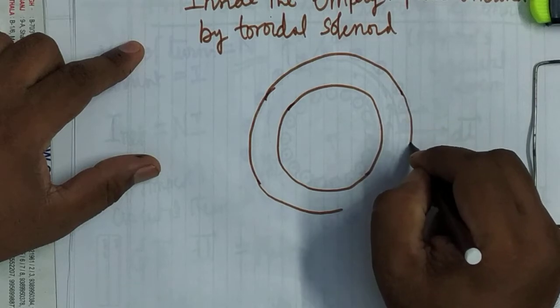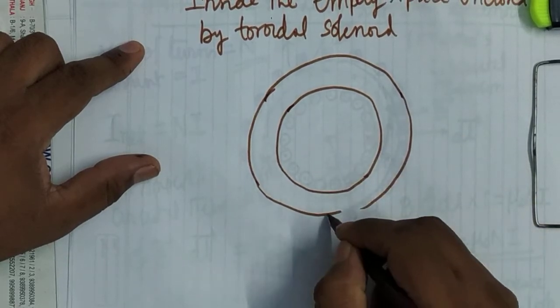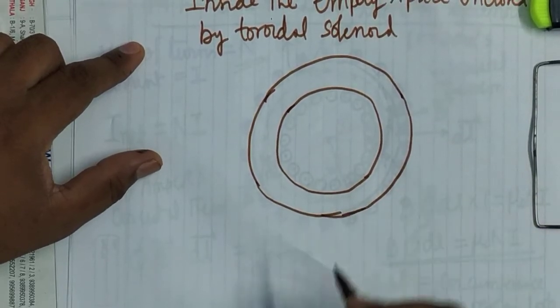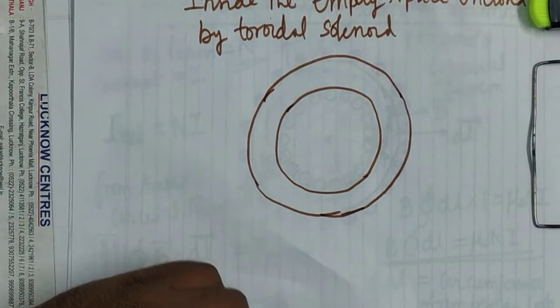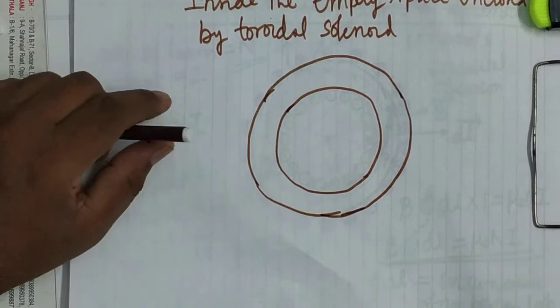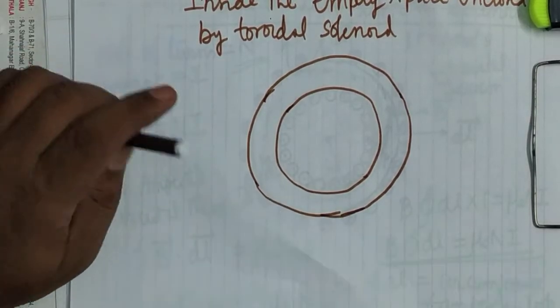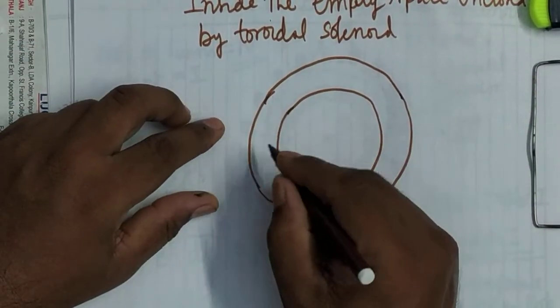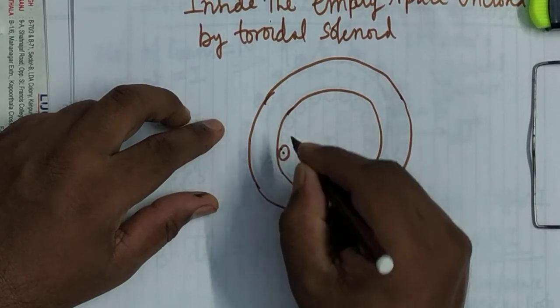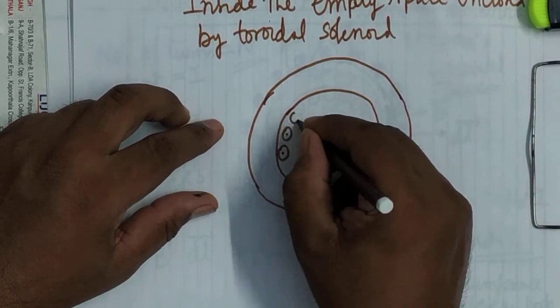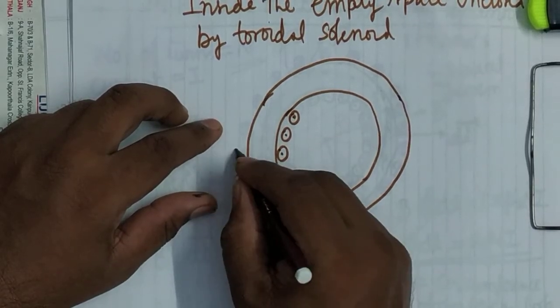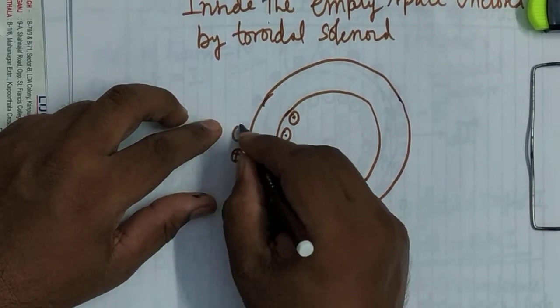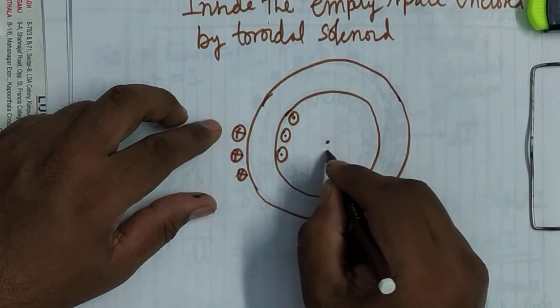Here one thing is important: though it is producing a magnetic field, it is not a magnetic dipole. It has no magnetic moment. It is clear. Inside, here already the current turns I have shown. I will not show many turns here, only a few turns on both sides. It is clear, the turns will be like this. This is the center O.